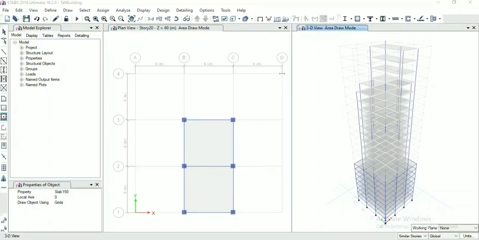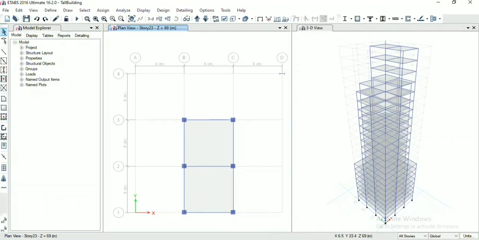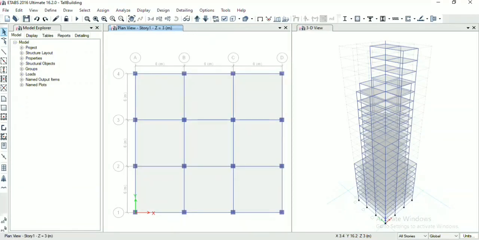In this way, all the beams, columns and slabs are drawn from story number 1 to story number 23. Now we will apply dead loads. Since dead load is same for all the floors, we will select all stories option and now go to story number 1. Select all the shells